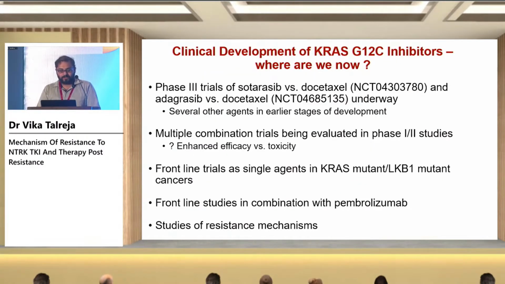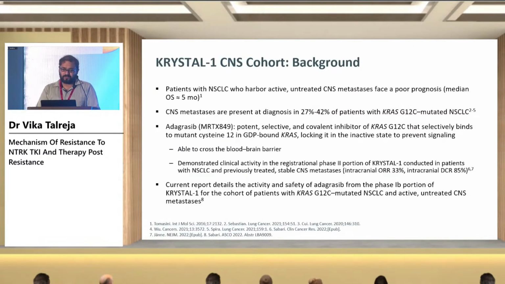So we have phase 3 trials of sotorasib versus docetaxel and adagrasib versus docetaxel, which are underway. There are multiple combined trials in phase 1 and phase 2 studies. Frontline treatments as single agents in KRAS mutant LKB1 mutant cancers are there, and frontline studies in combination with pembrolizumab are there. If we look at the